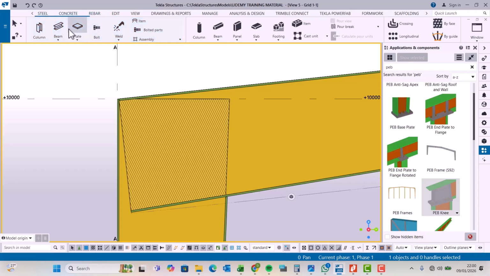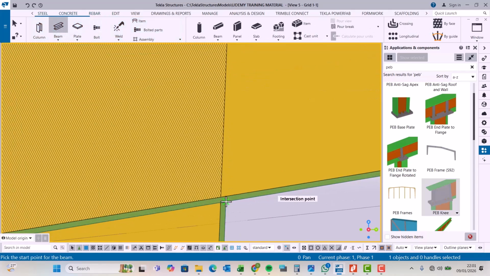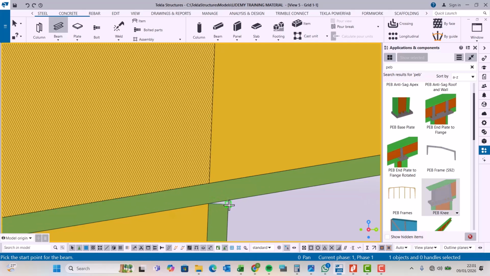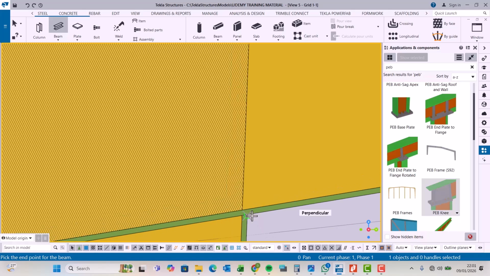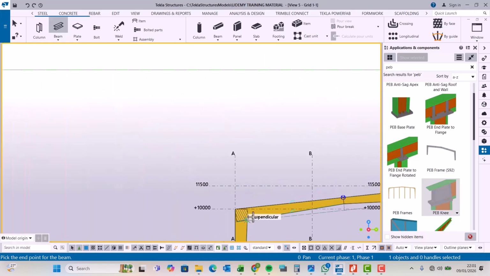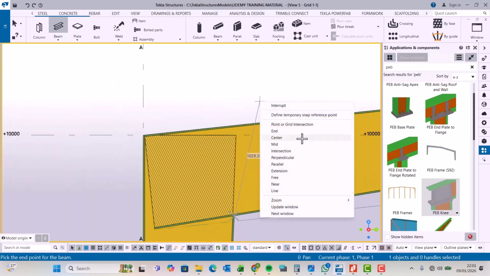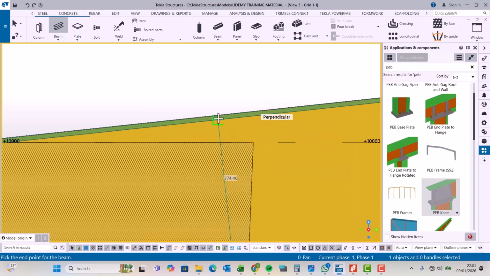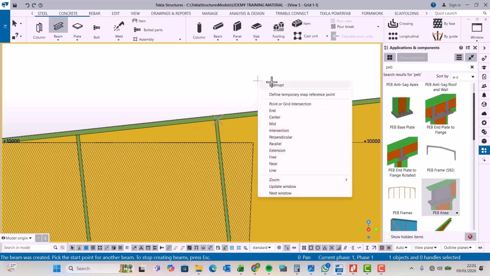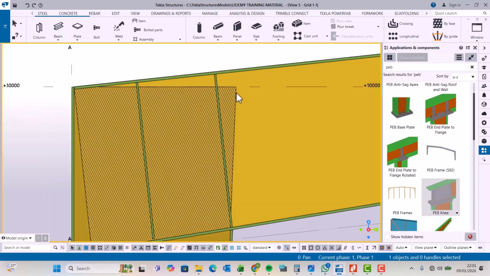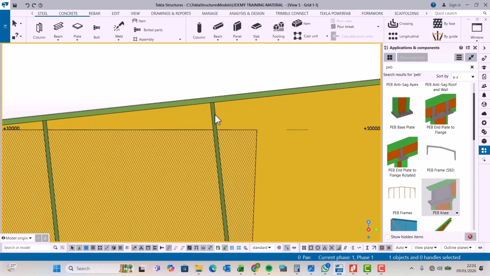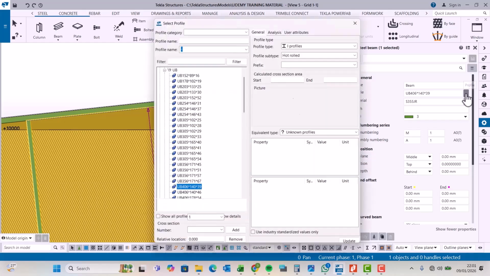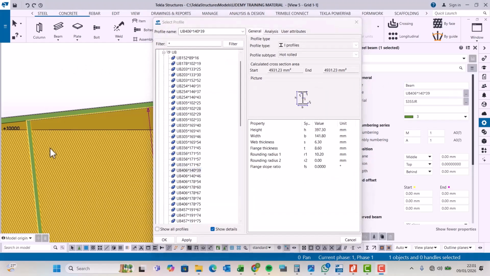I'll come to Steel and come to Beam, and I'm going to snap right here at the edge of this flange. So I'll right click and come to the perpendicular option, and I want to snap right here. Once I've snapped right here, I've created a member. I want to change this member to a plate. So I'll double click on that member and click on the profile button. And once I've done so,